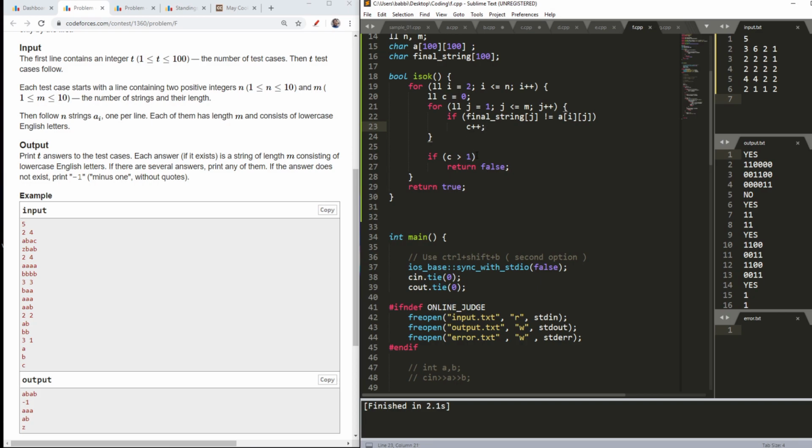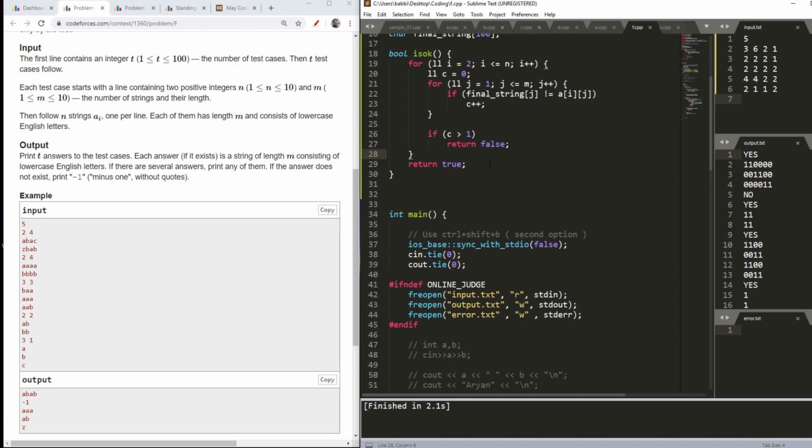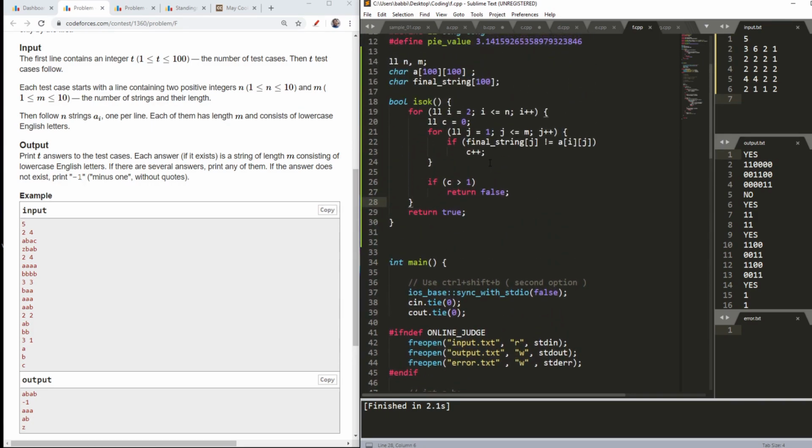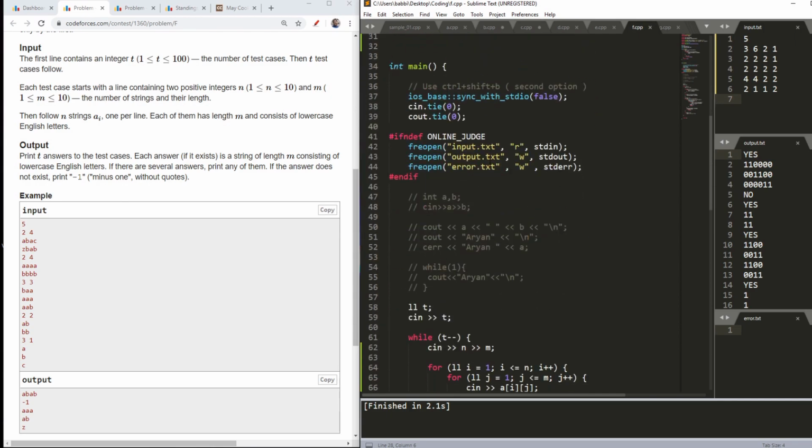And if my C is more than 1, because as I showed, it can be at most 1, so it can be 0 or 1, then I will return false, and if it is 0 or 1, then I will return true. So my isOK function checks the string which I modified against the next n-1 strings.